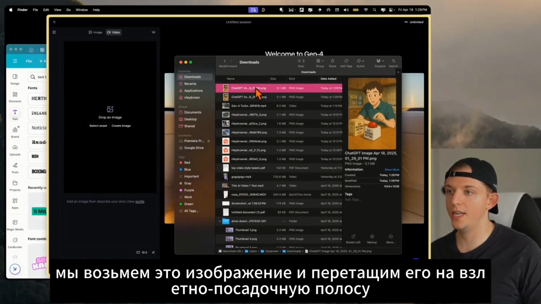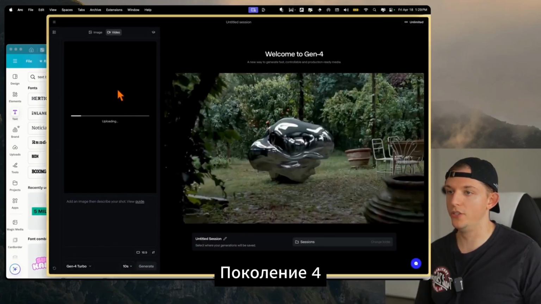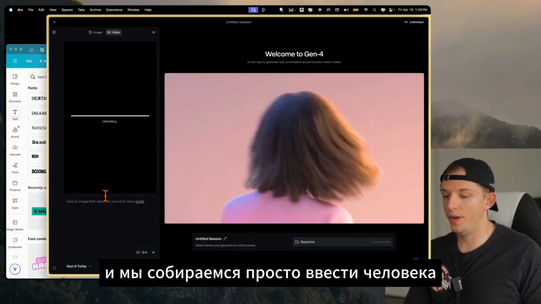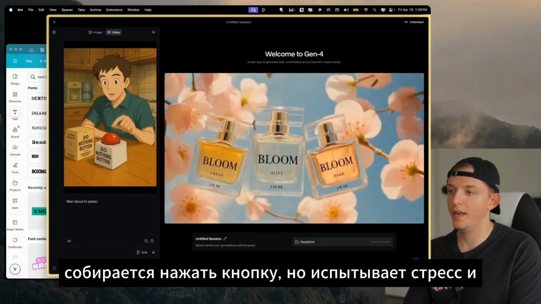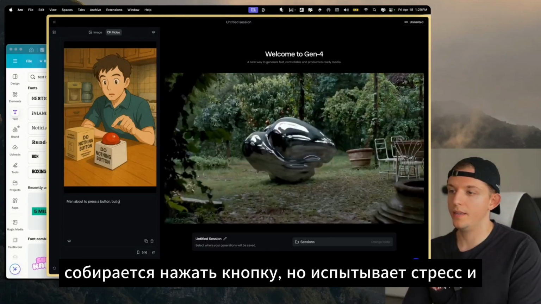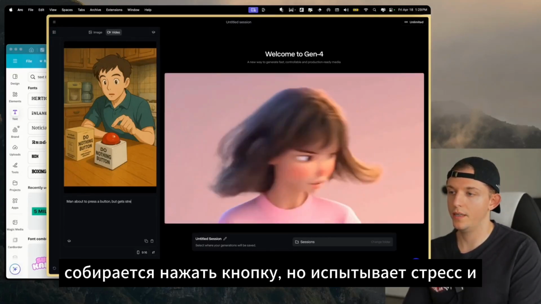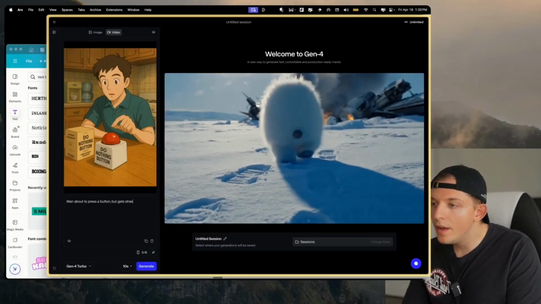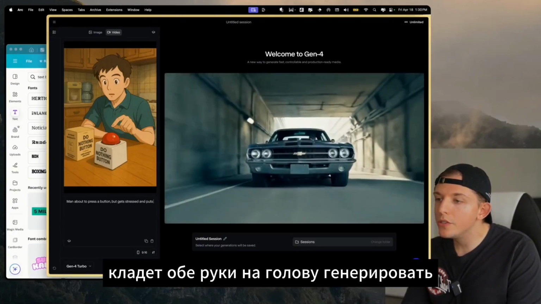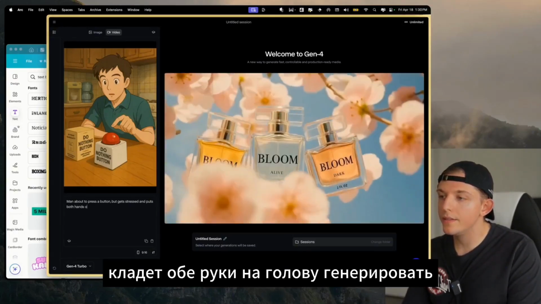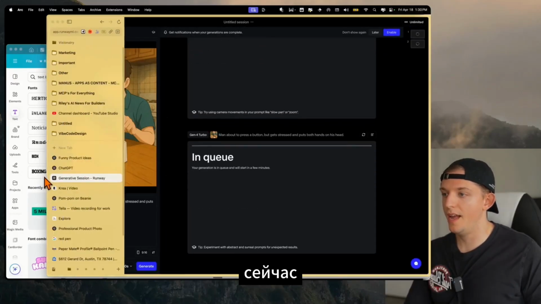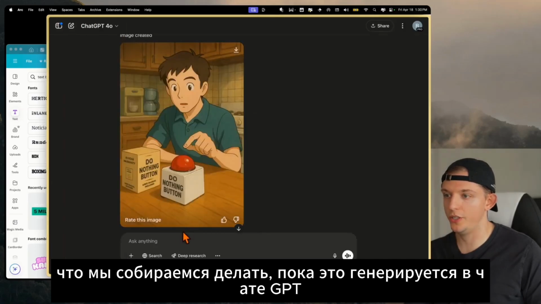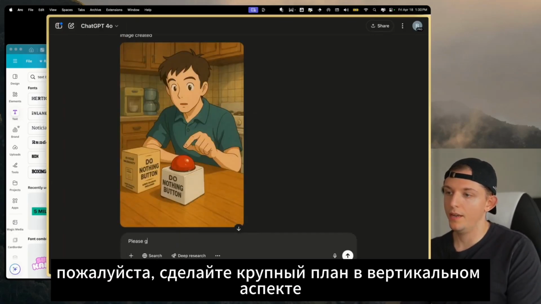So what we're gonna do is we're gonna take this image and drag it into Runway Gen 4. And we are going to just type in man about to press a button, but gets stressed and puts both hands on his head. Generate. Now what we're gonna do, while that's generating on ChatGPT, I'm gonna say, please make a close-up image in